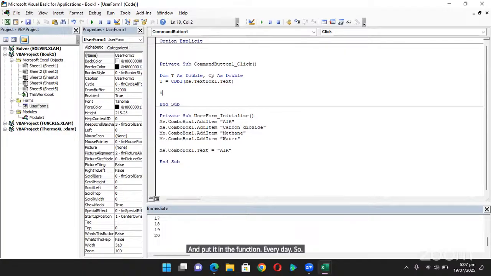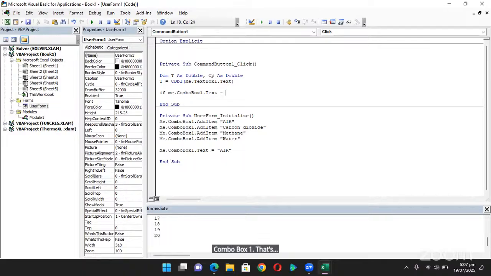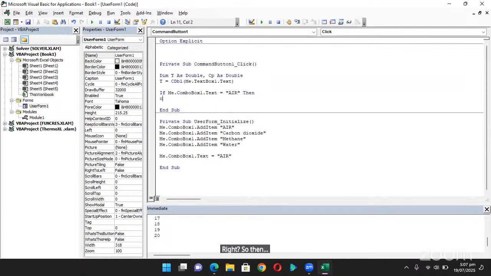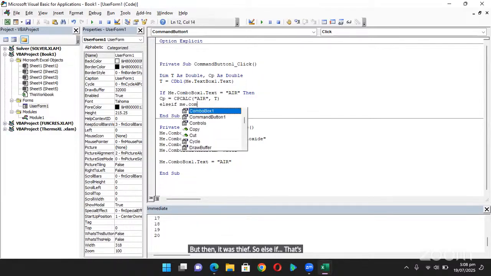So if Me.ComboBox1.Text is air, right? Then our CP value is CP calc, so it's just the air and our T value. But then else if that value in the combo box 1